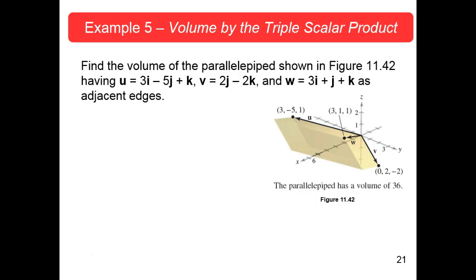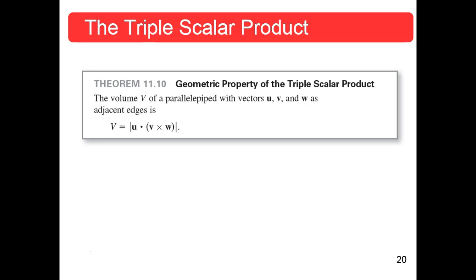All right. We just have one more example to do in 11.4. Chapter 11 is vectors and geometry of space. 11.4 is the cross product of 2 vectors in space. And this was the volume by a triple scalar product. And right before we ran out of time last time,